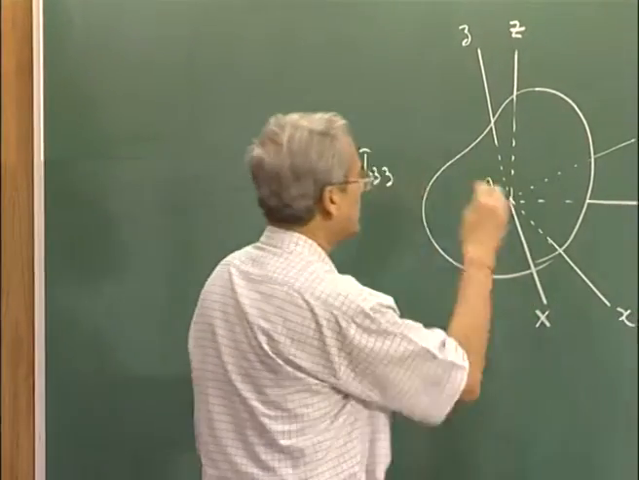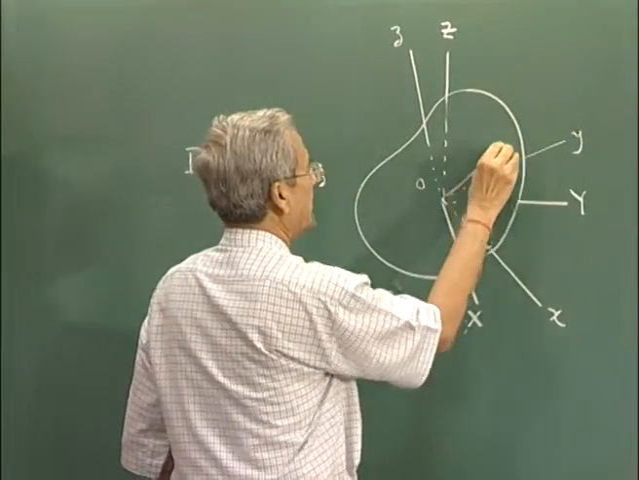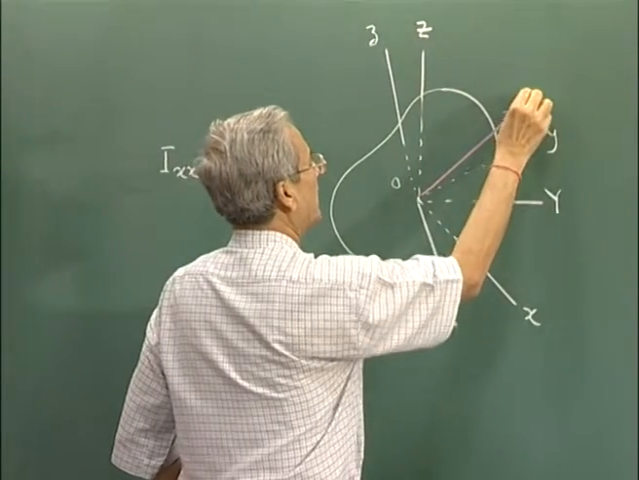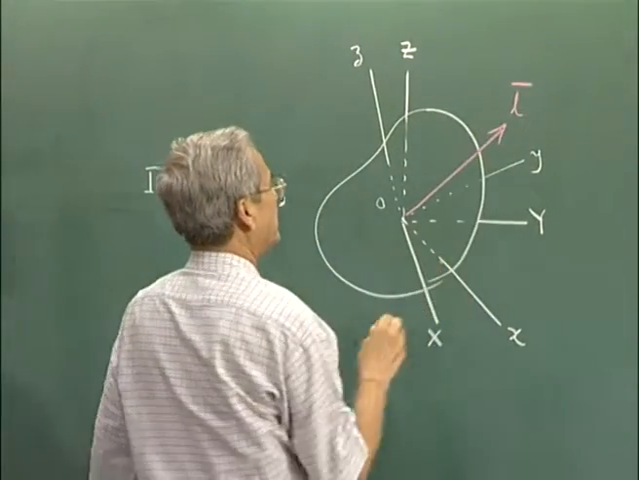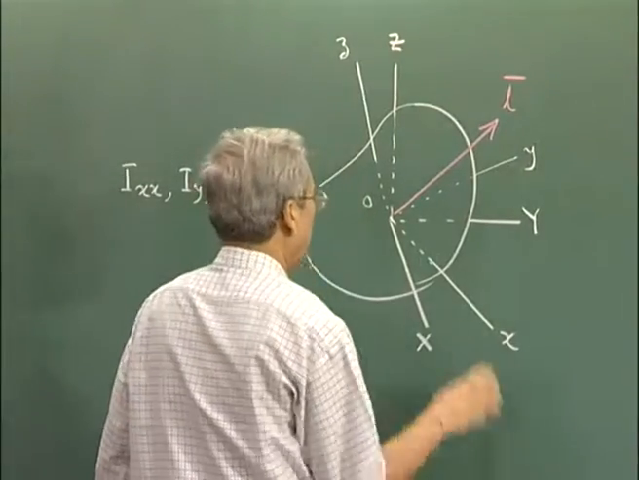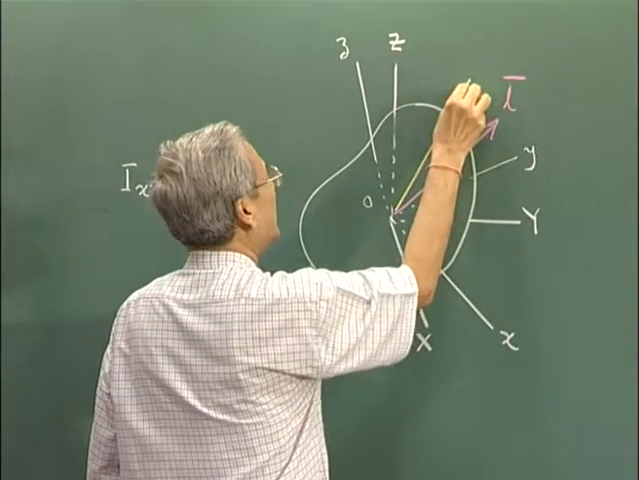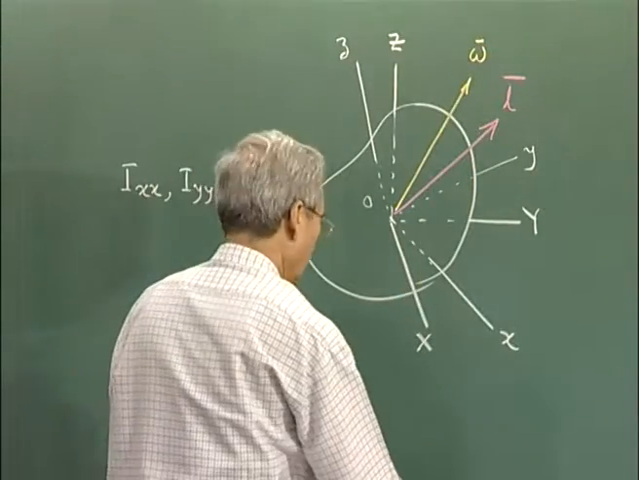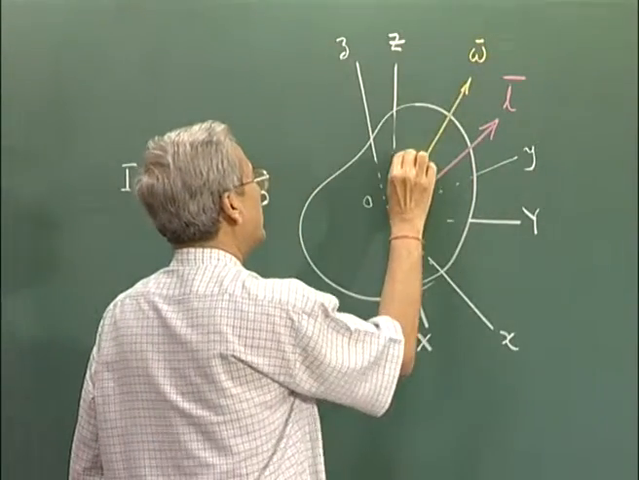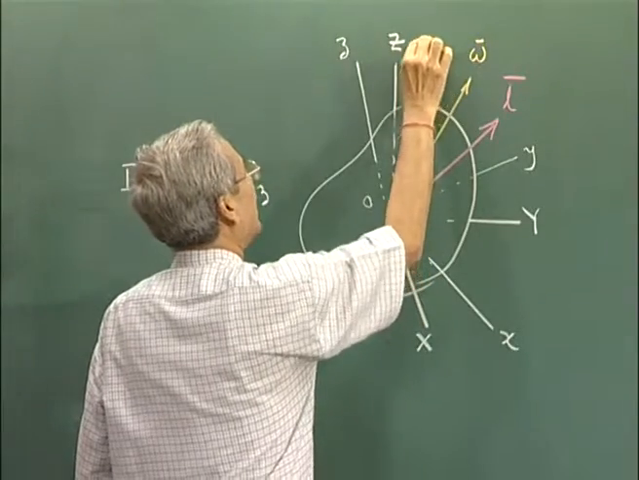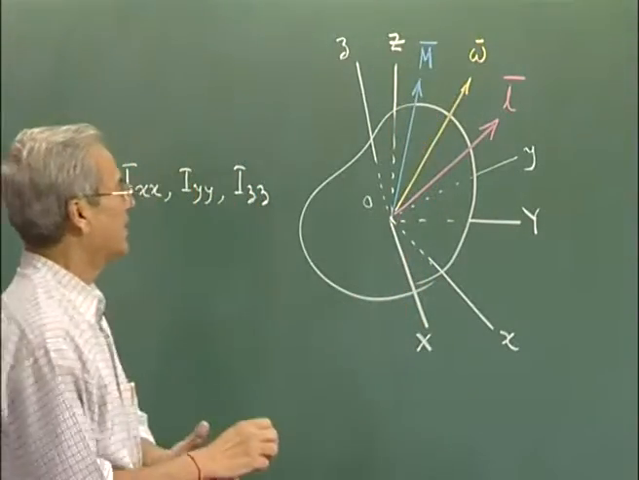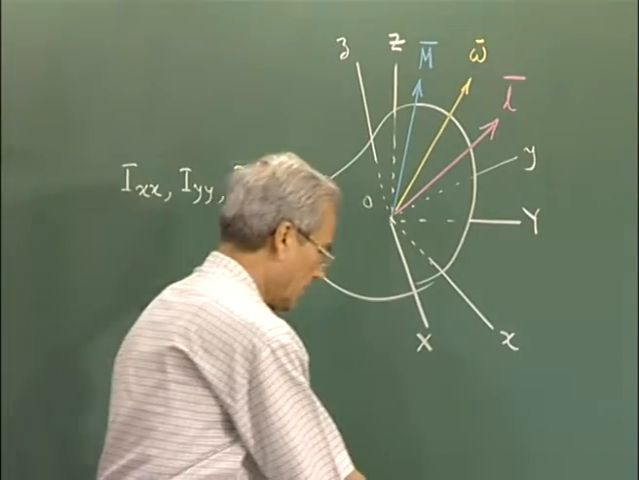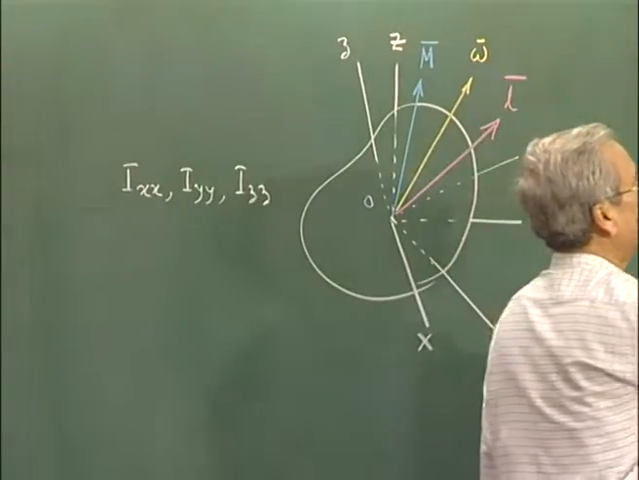If this object is having an angular momentum L, an angular velocity omega, and then a moment M is applied, the relating equations will be